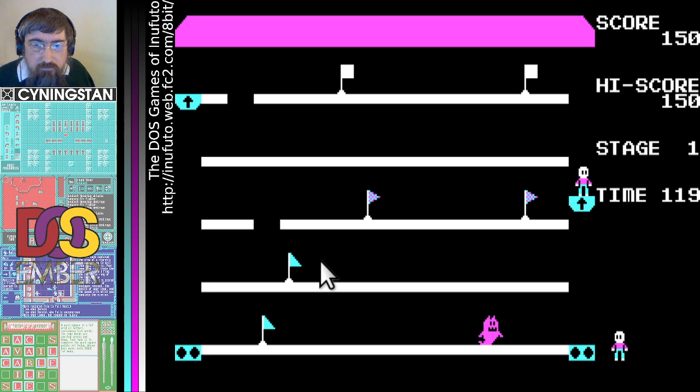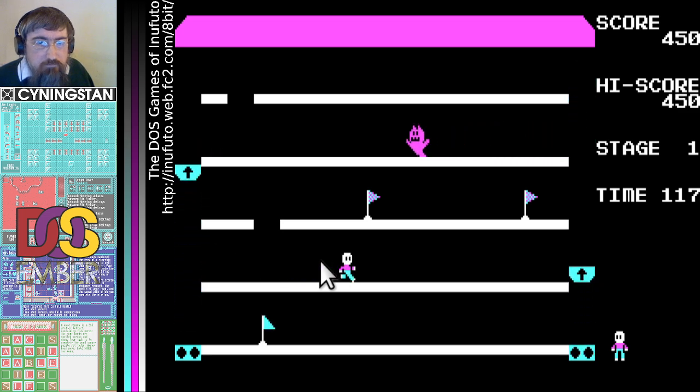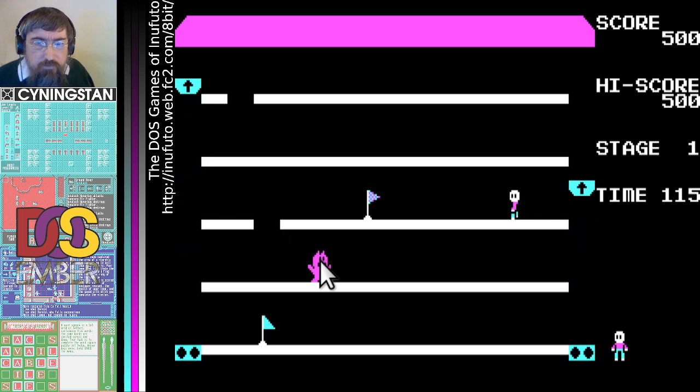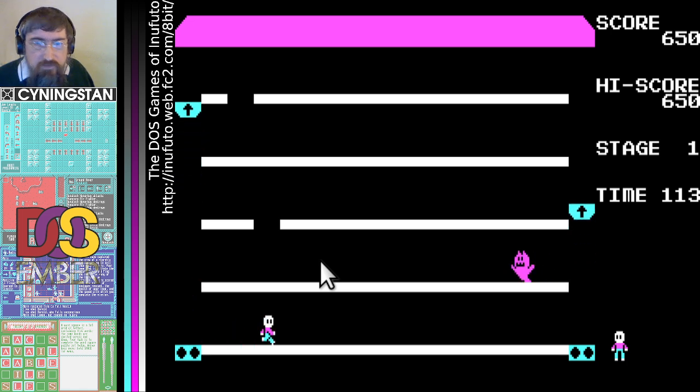Right, let's stay up to the top. Get these flags. I've no idea. Right, will it let me? It will let me move, but not as fast as I want to, in the air, I mean, when I'm dropping. Right, can I get to that flag before the ghost gets to me? Yes, I can.